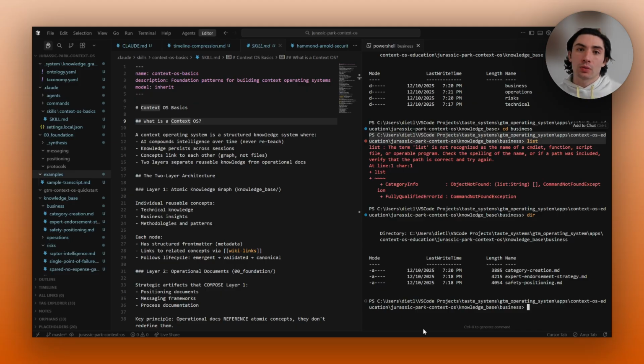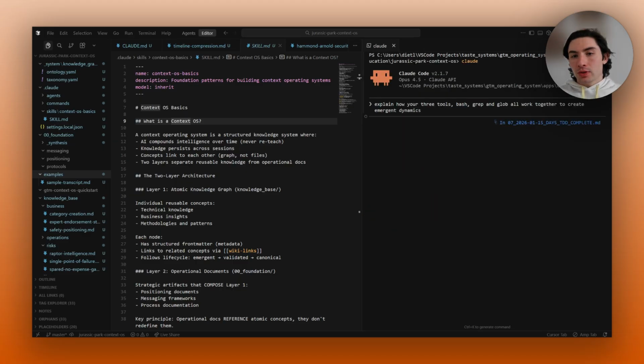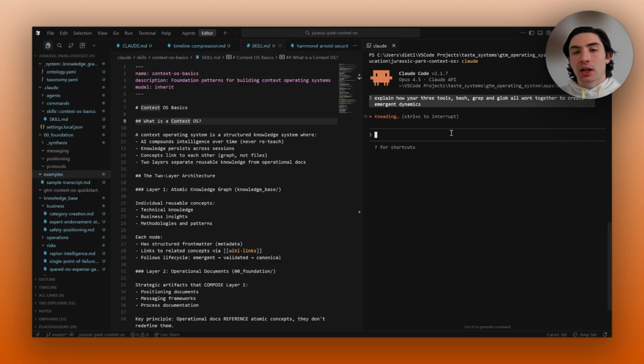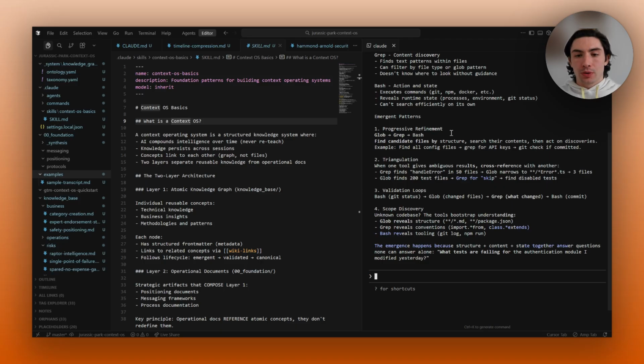So now we're going to get into grep next. Okay, so I put in this very leading prompt, where I'm basically telling it the answer. This is a bad prompt when you're trying to find net novel information, but I know what I'm looking for here, so I'm going to give it this leading prompt. The reason I'm doing this in Claude Code is I don't want to write all my grep commands myself, because that takes too much time. And that's, I think, an underrated explanation of why Claude Code is so valuable.